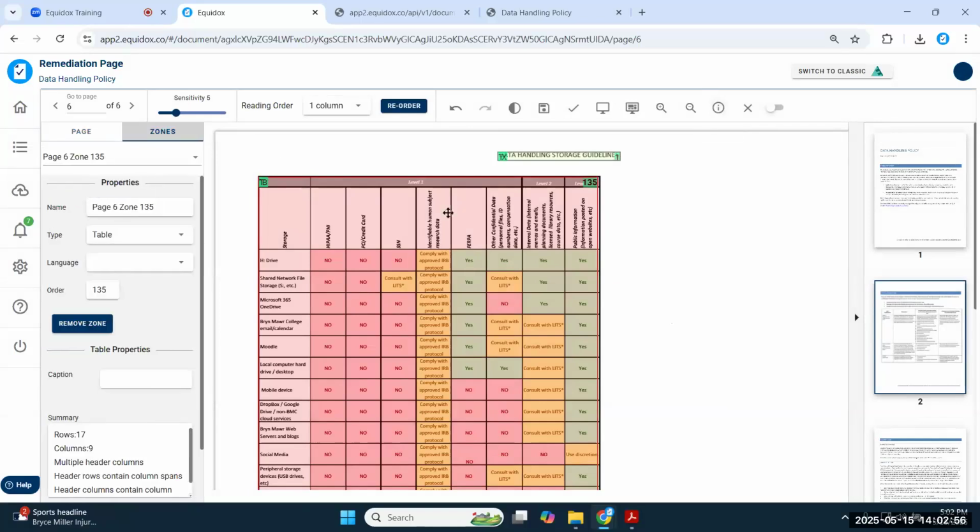Once you get the hang of Equidox and use it for a couple of hours, you'll find yourself just doing it automatically. But yeah, the best way to learn is to get your hands on it and apply everything that I've been talking about today to your own documents and get into some trouble, if you will. Figure out some trial and error, play with it a bit, see what you get in the HTML preview, and things will start to come together once you get your hands on it and start using it more frequently.